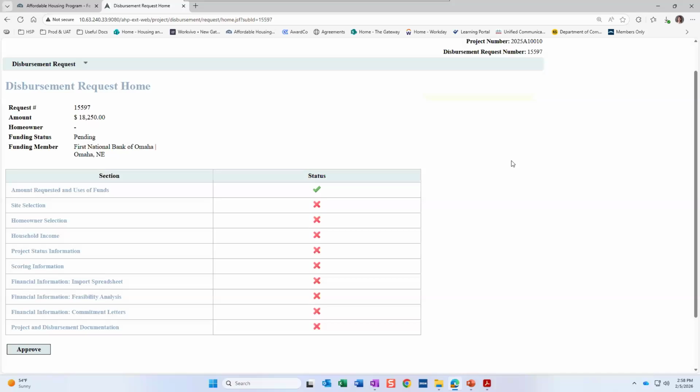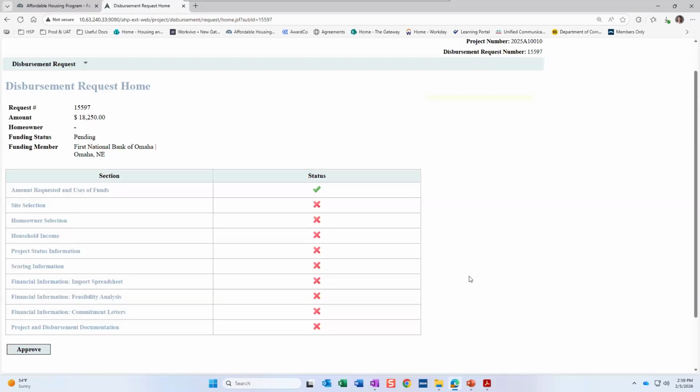These screens for down payment assistance projects are identical. There's a few minor differences, and I will point those out specifically, but it won't impact the way that you view these disbursements or what you upload for the most part, things like that. So I'll tell you what those differences are as we're working through. But again, about 95% of the steps are going to be exactly the same. So we'll go ahead and utilize this one just so again you can see it. Sorry for the hiccup again.